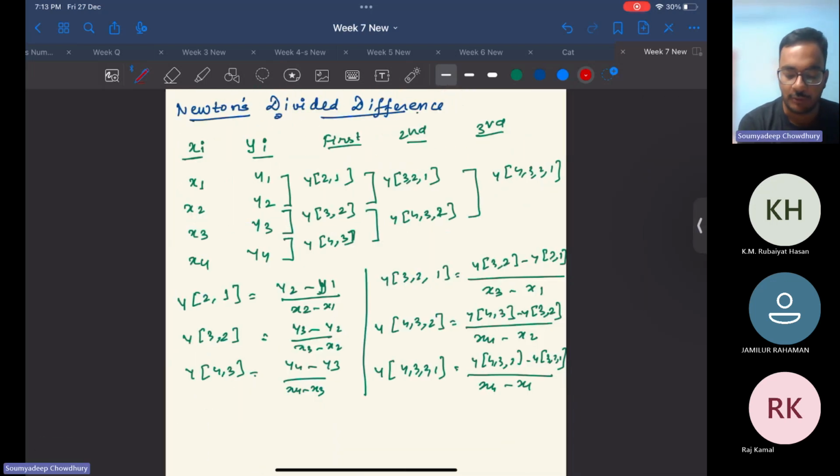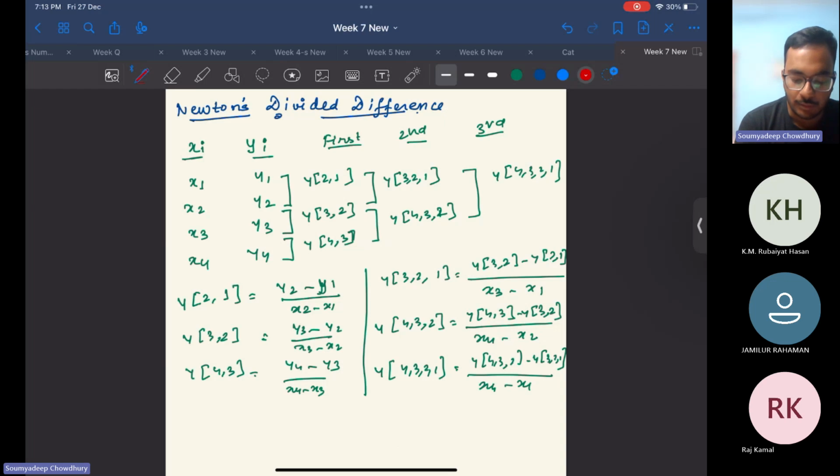Then we saw what Newton's divided difference is. So there are three kinds of interpolating polynomial. The first one was Newton's interpolating polynomial, second was Lagrange's polynomial, and now we have the divided difference. The divided difference is nothing but another approach of finding the differences and then forming the final interpolating polynomial. Here again we have say four sets of data x1, y1, x2, y2, x3, y3, and x4, y4. We find the first order divided difference, which is given by